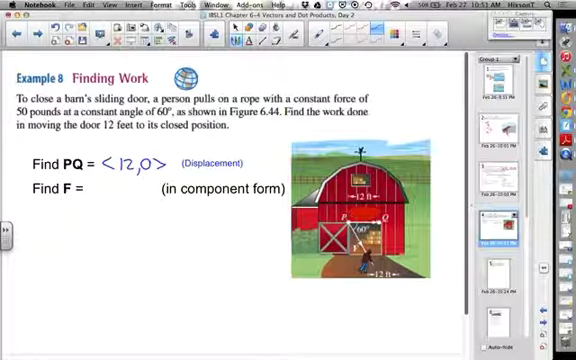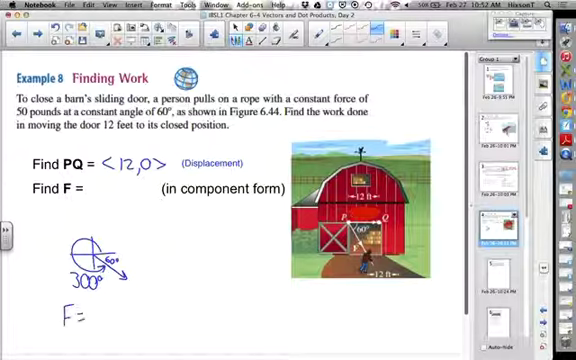Trig. Some trig. Let's think about this. Our angle is 60 degrees right here, right? So what's the direction angle of that vector? Direction angle means direction angle, so it's always standard position. It's 300. Now that's important because to use our formula that we had,